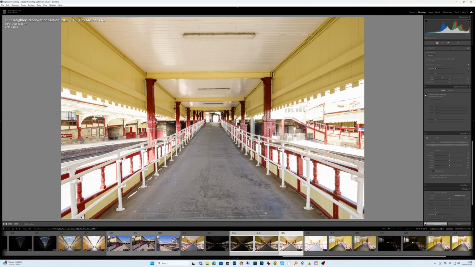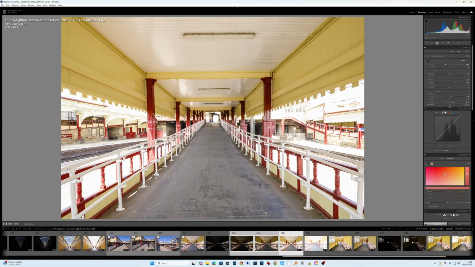Now, it was using a tilt shift lens, so there's not an awful lot you can do with lens profiles because tilt shift lenses don't have them. Just due to the nature of a tilt shift lens, everything moves. And I think that's probably